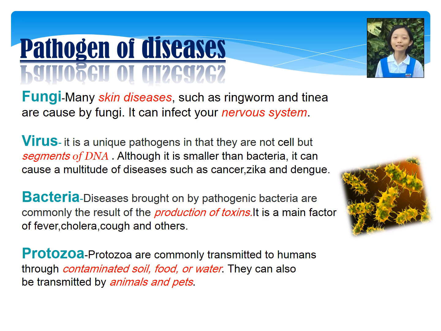We all know that there are many types of bacteria on Earth. Some are good to humans while some are bad to us. Those pathogenic bacteria will produce toxins and thus harm us. Protozoa is a type of microorganism which has existed for a long time. It can be found in soil, rivers, and food.